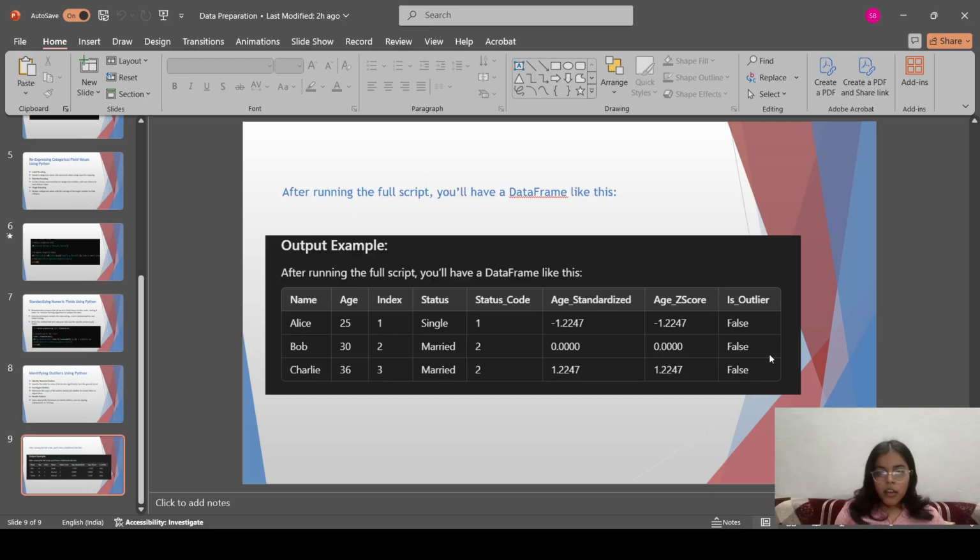Now, after running the full script, you'll have a data frame like this. See, we have